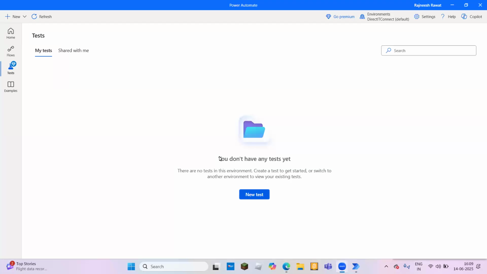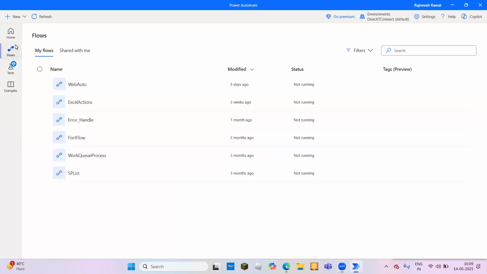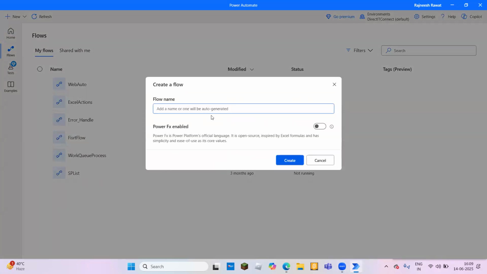So in the last session, we covered web automation and browser automation, and what actions we have in browser automation. Today I will show you the text manipulation actions, what all text manipulation actions we have. After that, we will learn the PDF actions. But before the PDF actions, we need to understand the text manipulation actions,